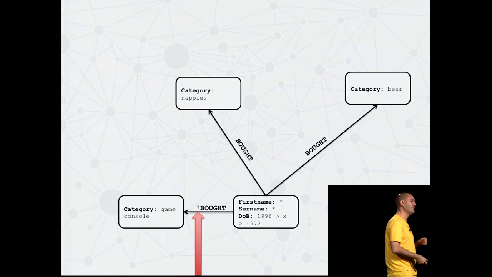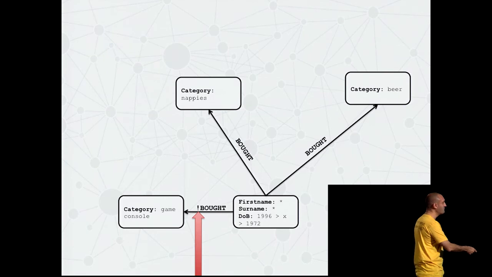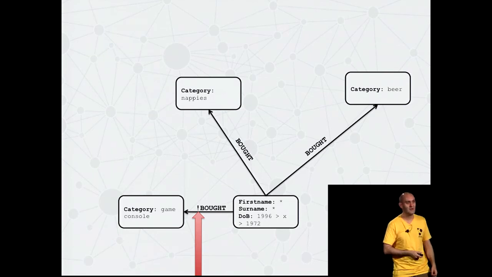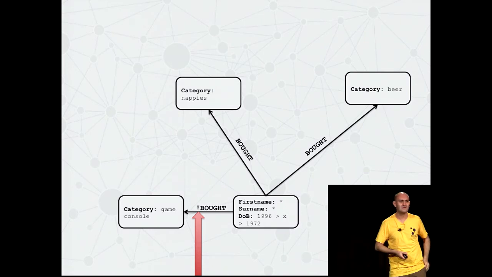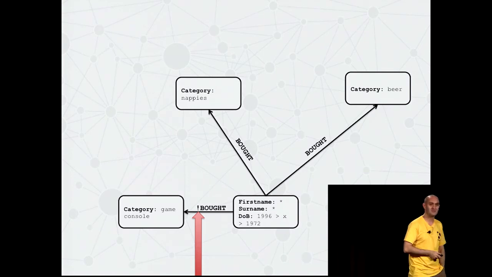But what we were really looking for was where we thought they had not bought anything to do with game consoles. Why? Because if we spot that gap, it's an opportunity to print a voucher and say, here, 20% off Xbox for you for the next couple of days. And that was great, right? So the Oracle guys who run the Oracle DBA, we can do that. We can pre-compute the recommendation.